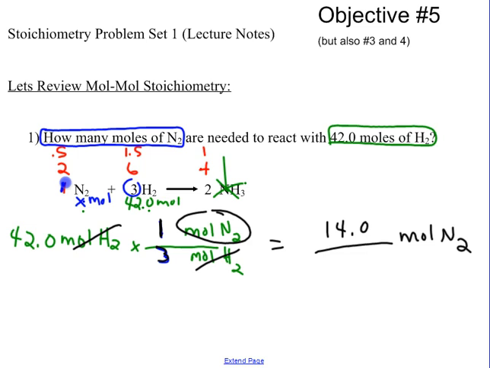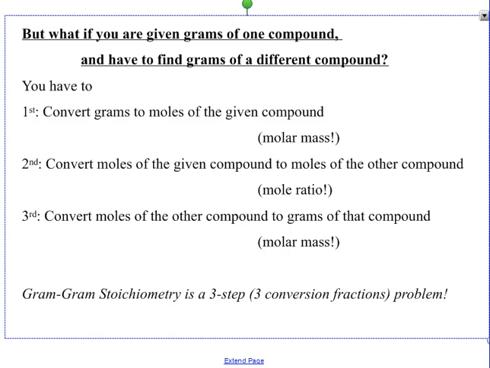Notice that I am maintaining the number of significant figures that I had to start with. I had 3 significant figures in 42.0, so I will end up with 14.0, 3 significant figures in my final answer. Okay. All right, let's take a look at the second problem, because now, what if you are given grams